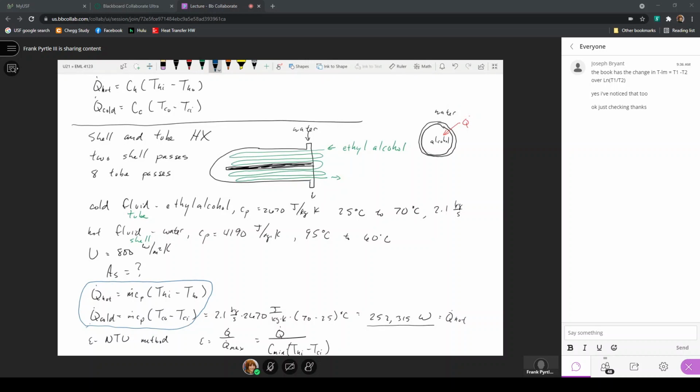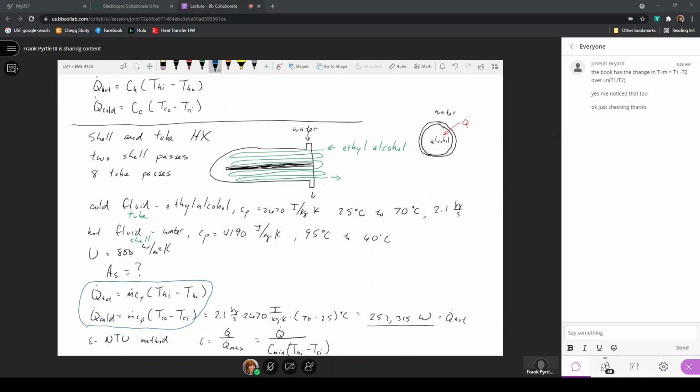Much time is often spent, let's say for this shell and tube heat exchanger, you set the geometry, and then you run through multiple variations, typically in the mass flow rate of the fluid. So let's say I deliver the ethylene glycol at a given temperature and I deliver the water at a particular temperature, those are things I have direct control over, along with that mass flow rate. And then I just measure the outlet temperature of the ethylene glycol and also the temperature of the water,